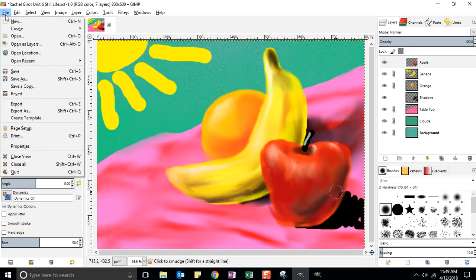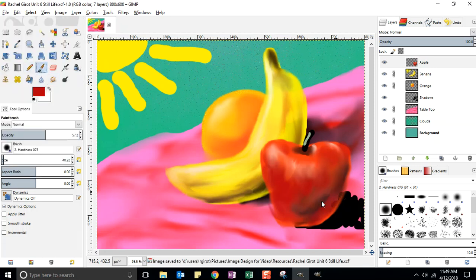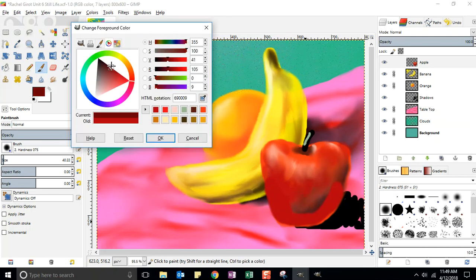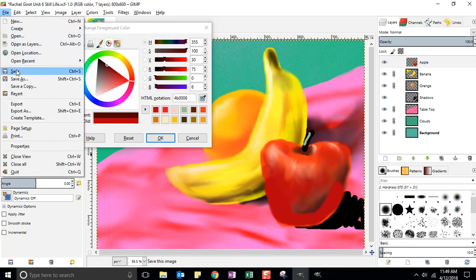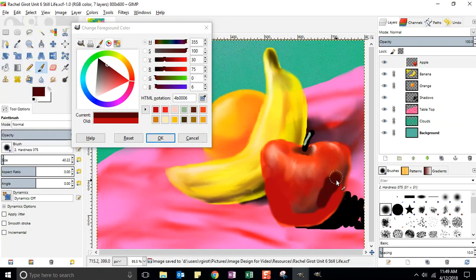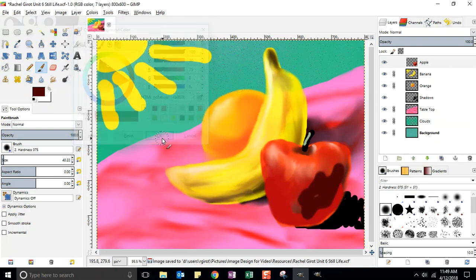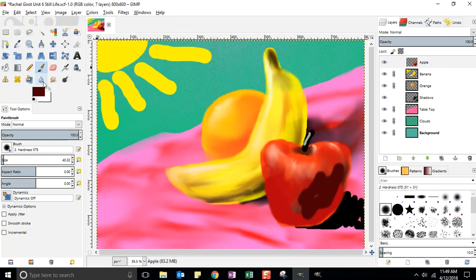So I need to get my paintbrush, and I need to increase my opacity to 100% this time as I'm brushing over in those areas to make sure that I really am not going to be seeing the banana underneath. And I think I might need to go for a deeper shade again over here on the right hand side and get a little more depth in my apple. Click OK and get some smudging